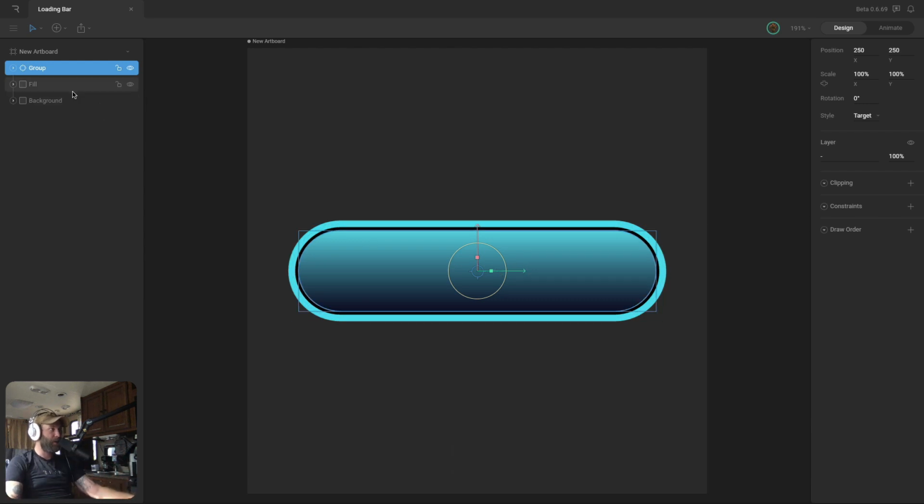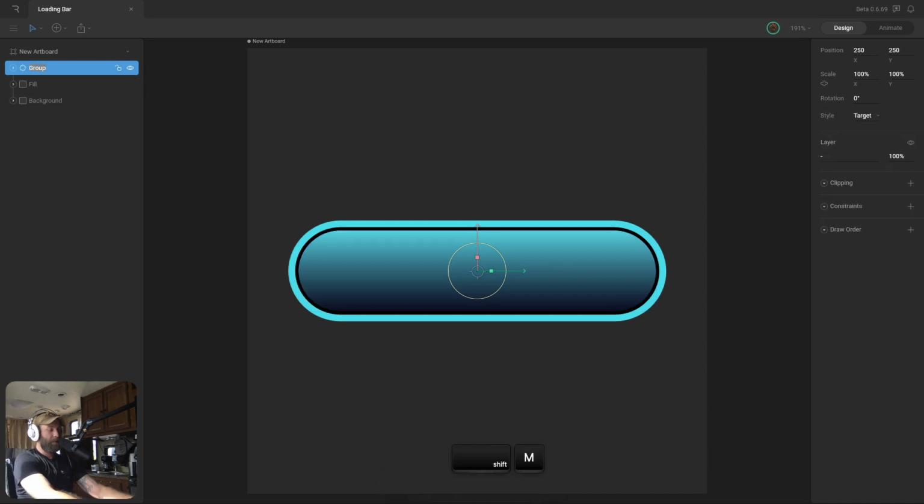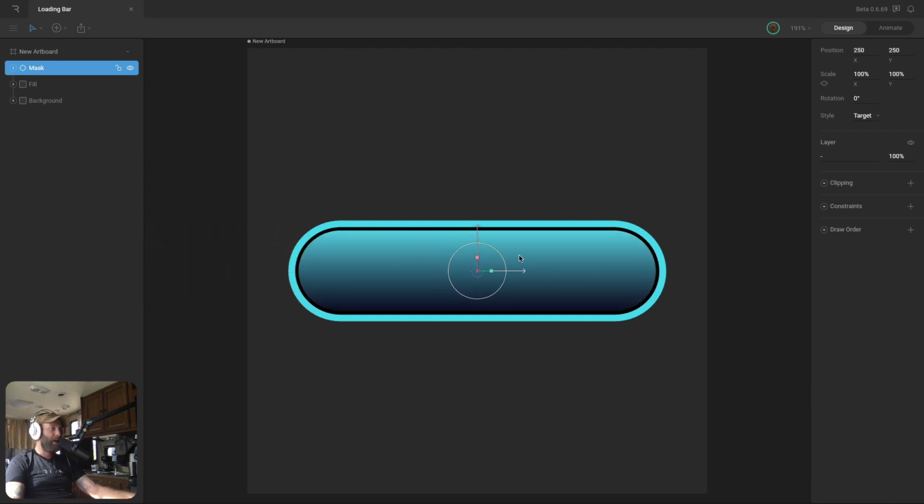and we'll use this to control how much of this fill is visible. So to set that up, let's go to the fill shape, hit the clipping option here, and when we're prompted to pick a clipping source, we'll just pick this new group. Let me actually rename this group Mask. And we can now select that group that we created and control how much of our fill is showing. And this is what we're going to use to animate later on.